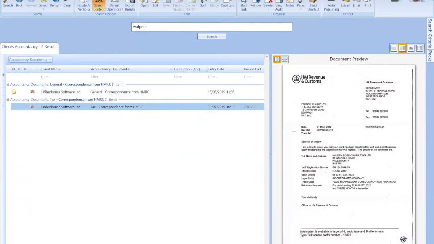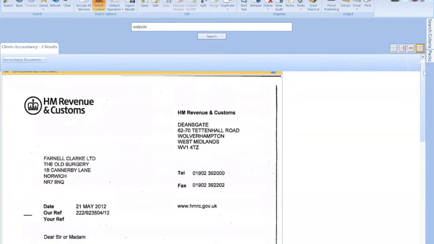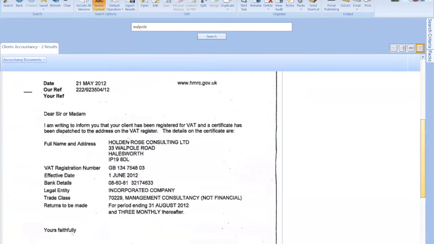Nothing there is related to the word Walpole in terms of the indexing information. I've got an ABC view. It actually shows me a highlighted word in a document. And then if I click on the thumbnail view, just to show you, if you scroll down on the document, you can see it has Walpole in the body of the document there. So this will run this search through